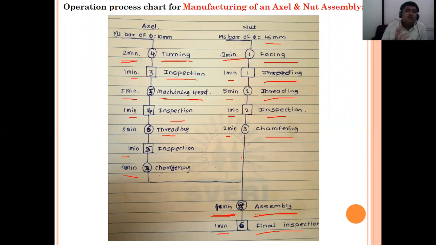Is it right? So this is a simple operation process chart, in which we are not considering any delay, or the material traveling from one machine to another. Because to travel the part from one machine to another, some time is required, at least 2, 3, 4 seconds, 10 seconds, half a minute, whatever may be required. That will also be included in the total manufacturing time of the part. So this is the simple first operation process chart. Up to this, any doubt?